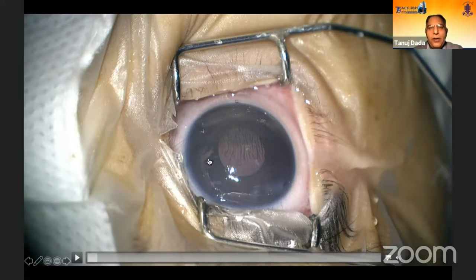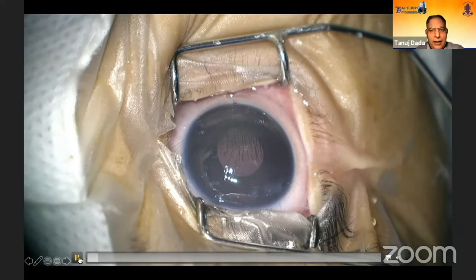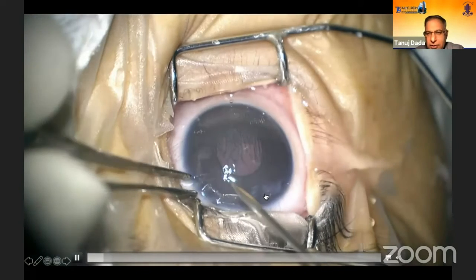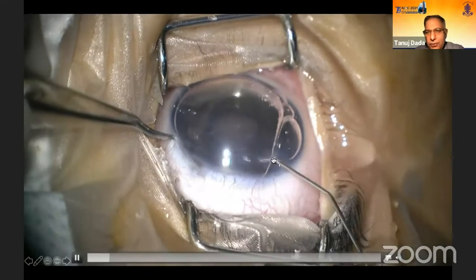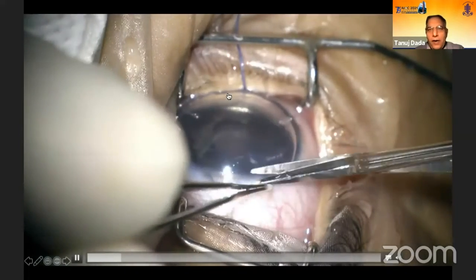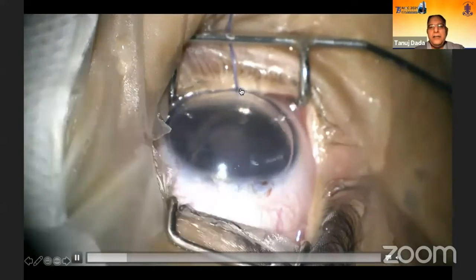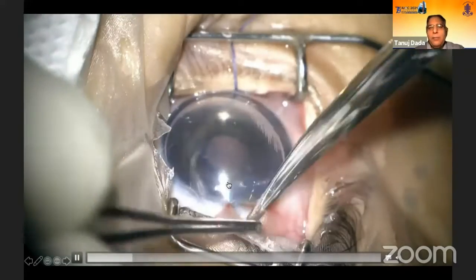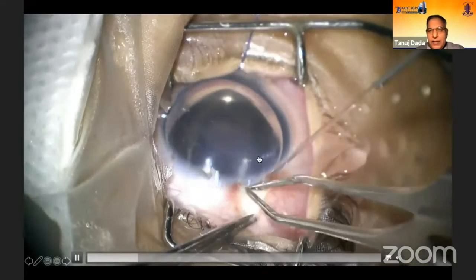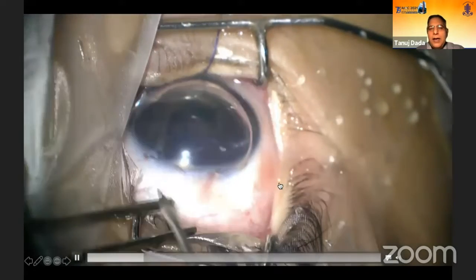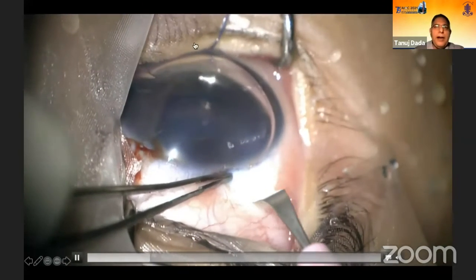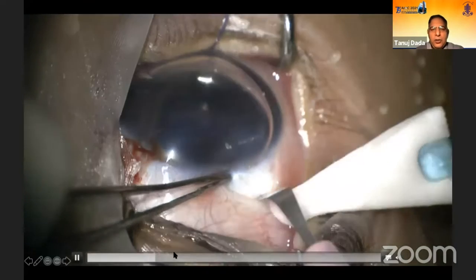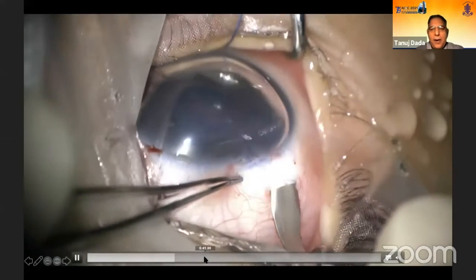How do you now make an entry and put viscoelastic because there is no side port? In this situation, we use the track of the perforation only to form the AC, then make a side port. Now you have to make an inferior traction suture and put in an air bubble. The problem now is that the eye has become hypotonous, but with the air bubble and the inferior traction suture, you can go ahead and complete your surgery.